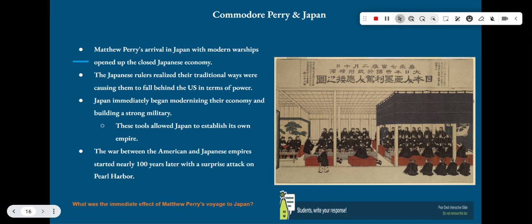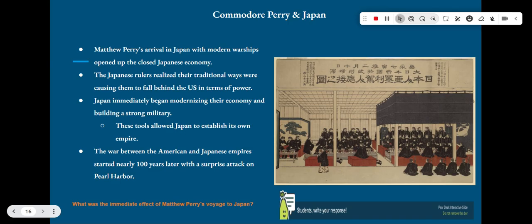They wanted to modernize and establish their own empire, which they start doing. Japan starts buying from the United States. They start buying steel and trains and other natural resources, machinery to start modernizing their economy, start industrializing and building their military. Then they start practicing imperialism and start taking territory for resources and things like that.